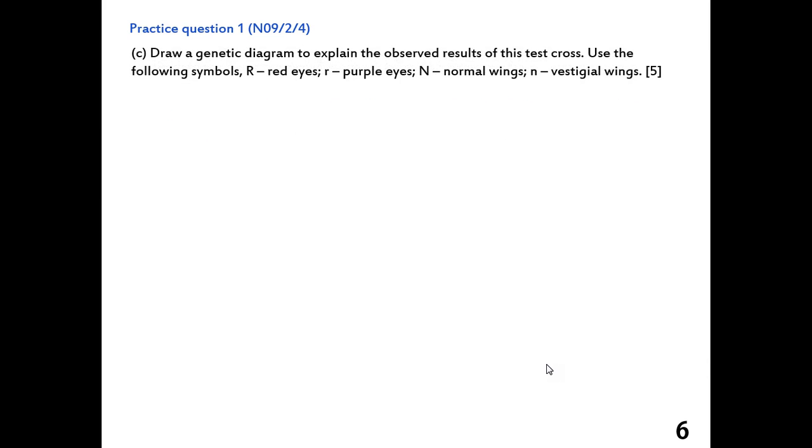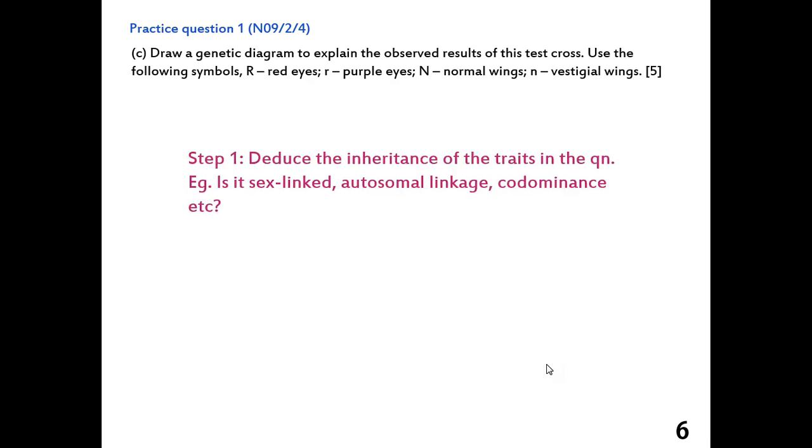Next, you are required to draw a genetic diagram to explain the results of this cross. They have provided for you the symbols. Now you actually have to proceed on to come up with the genetic diagram. Recall, when you are first faced with a genetic diagram, the first step is always to try to deduce the